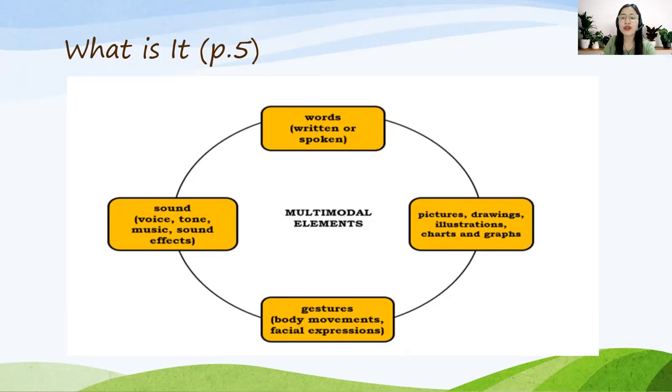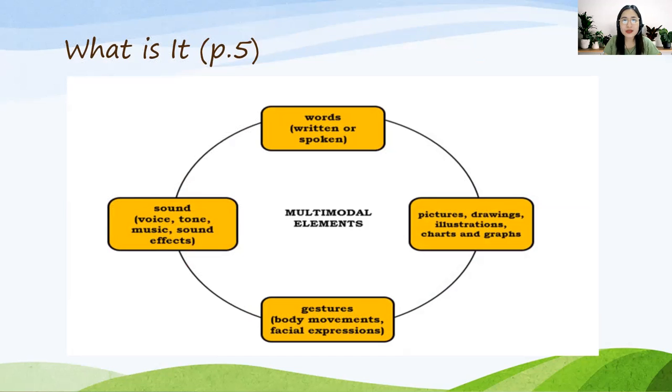If there are two or more of these elements in a text, meaning that text is a multimodal text, kagaya nung kanina. Why? Because the essay that's given to us has words in it. 'Di ba? Binasa pa nga natin yung words. It has pictures, the illustration, the drawing, and the graph, meaning there are three: the picture, the graph, and the words. Therefore, that's an example of a multimodal text.